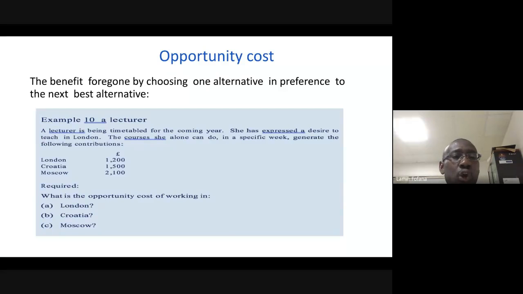If she lectures in Croatia, she's going to get 1,500 as contribution. That's after removing her direct cost, her variable cost. What will remain will be 1,500, and if she teaches in Moscow, it will be 2,100. So we are required to say or to calculate. Well, this time around there is no calculation, but we have to apply opportunity cost knowledge in A, B, and